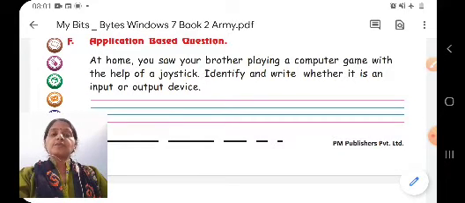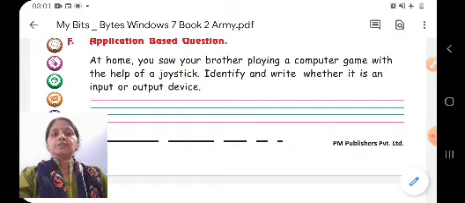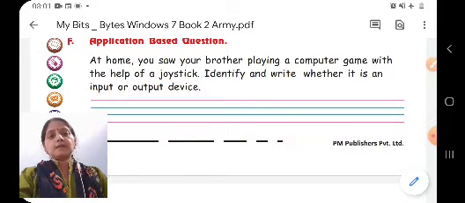So here also we have a question. At home you saw your brother playing a computer game with the help of joystick. Identify and write whether it is an input or output device. So children, as we know, joystick is one of the input device, and we use this device to give instructions while playing games. So here you will write joystick is an input device.